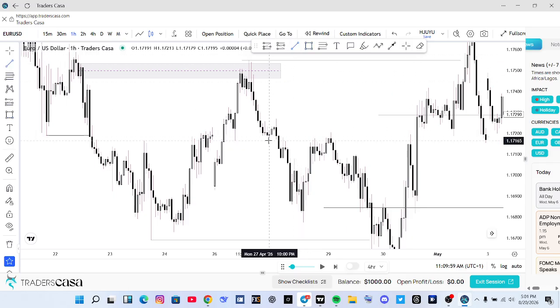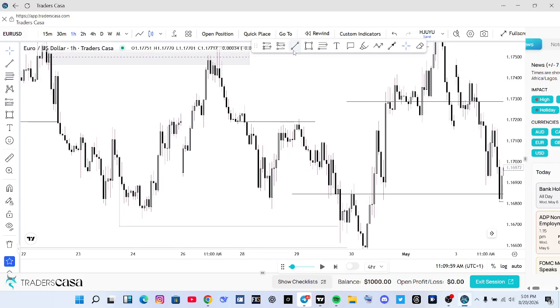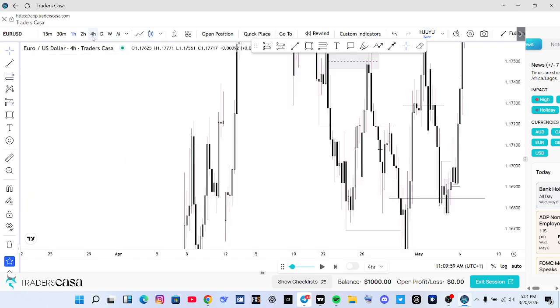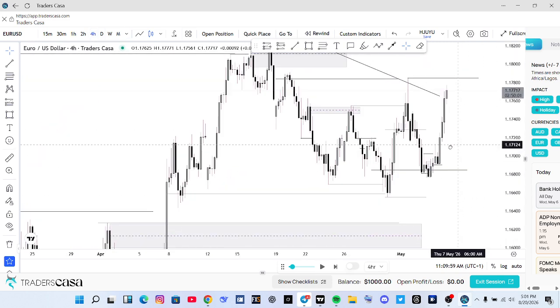For example, look here, this blinker block here. Look at it. This is an inducement. Price used it. Even at this zone here, look at this zone here. Immediately price give you this little break and you are still looking for where to enter. Look at price came back. You sell. This is the main retracement. You sell. So instead of waiting and waiting and waiting, let's go back to our 4 hours and continue